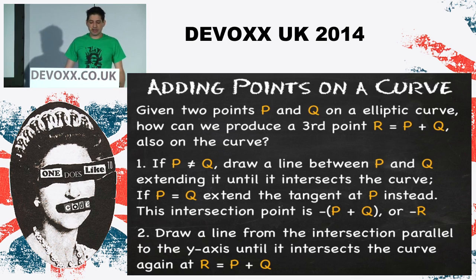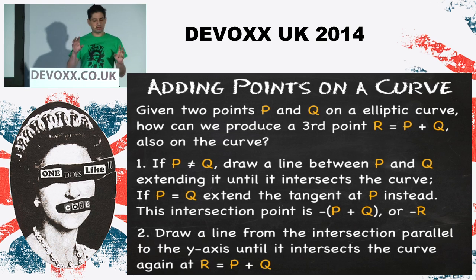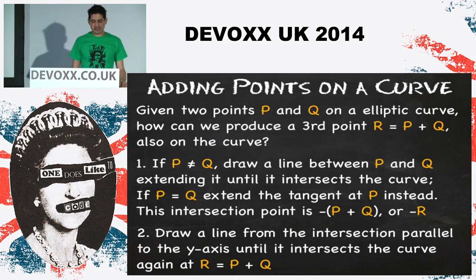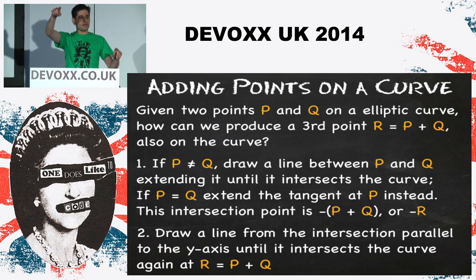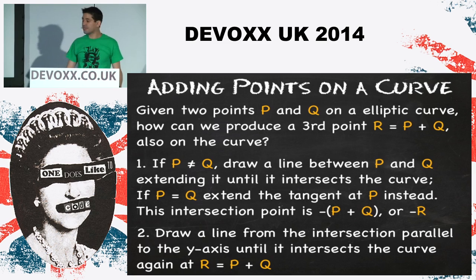The first case is when P and Q aren't equal, and they don't draw a line parallel to the y-axis if you draw a line between them. The next case is when they are equal, and then the final case is when, like I said, they sit parallel to the y-axis. So we draw a line from P to Q, and we extend it until it hits the next part of the curve. And then you mirror it down, and that gives you your answer.